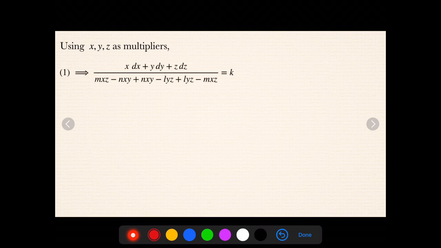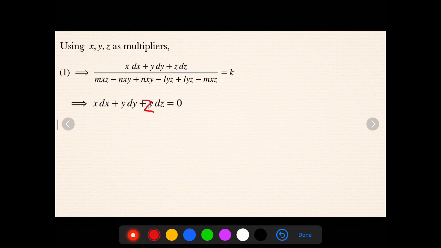So integrate this expression, we will get lx plus my plus nz is equal to a constant, which is one of the solutions. For the second solution, choose x, y, z as a multiplier. You have to verify that one. Don't straight away consider x, y, z; carefully check according to the logic I told. Whenever the functions are cyclically changing, x, y, z like l, m, n and 1, 1, 1 will usually act as multipliers. Which one is suitable for which problem, you need to consider. So x dx plus y dy plus, sorry, this is z dz.